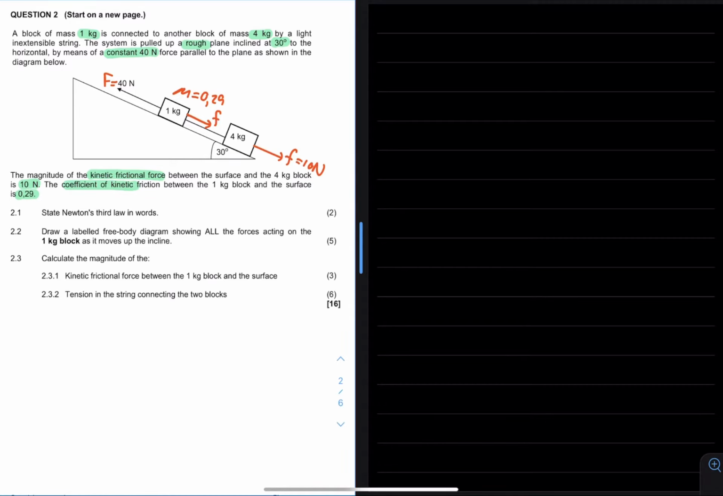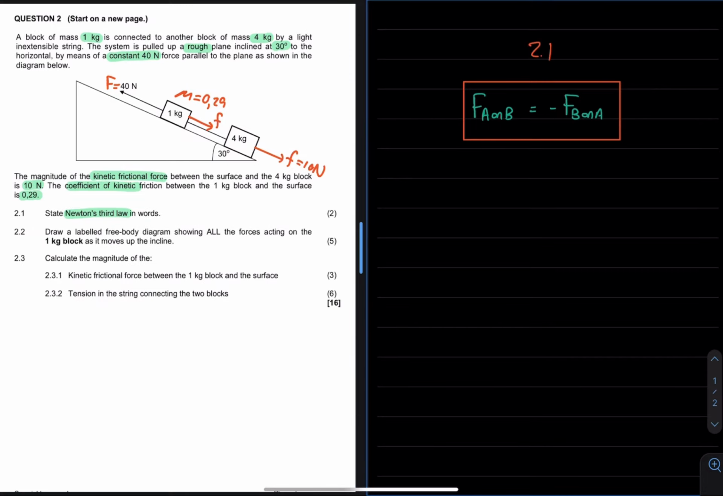2.1 asks to state Newton's third law in words. Now, in order to memorize Newton's third law, we can make use of the following formula, which states that the force of A on B is equal to the negative of the force of B on A. Now, here the negative indicates the opposite direction. Or in other words, we write it as